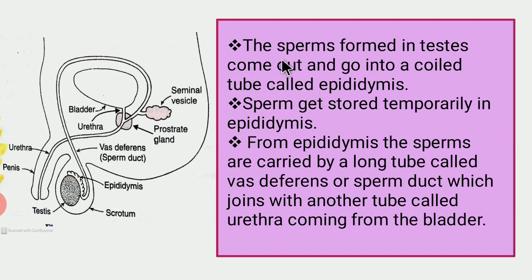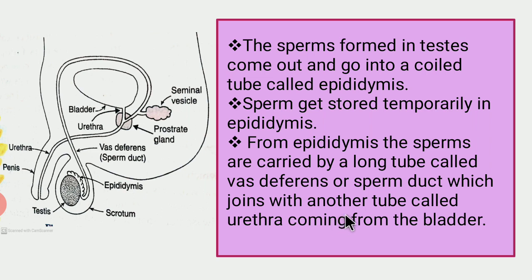Now, once sperms are formed in the testes, they come out and go into a coiled tube, which we call the epididymis. These sperms get stored temporarily in this epididymis. From the epididymis, the sperms are carried out by a long tube which we call the vas deferens, or the sperm duct. Okay, so this is the vas deferens, or sperm duct,